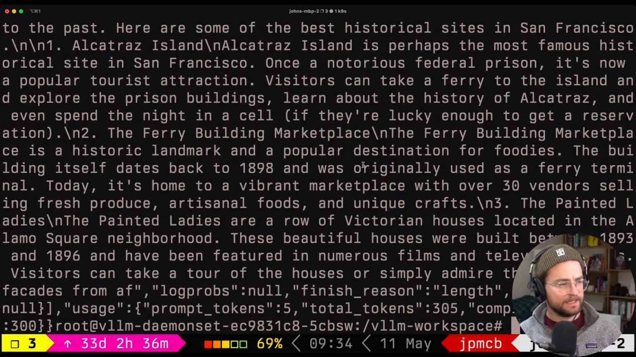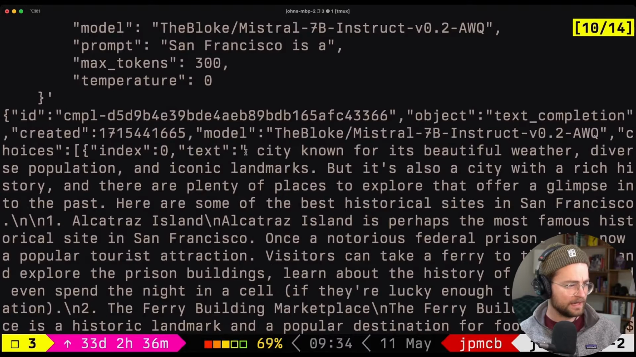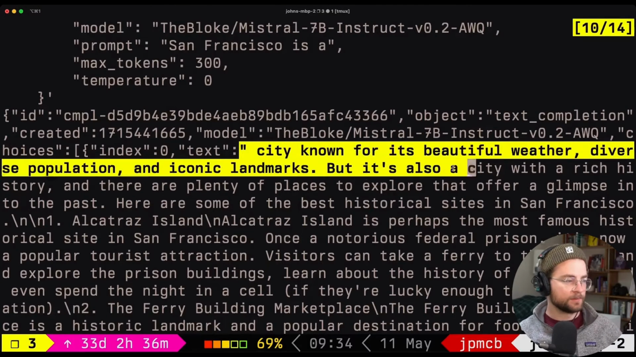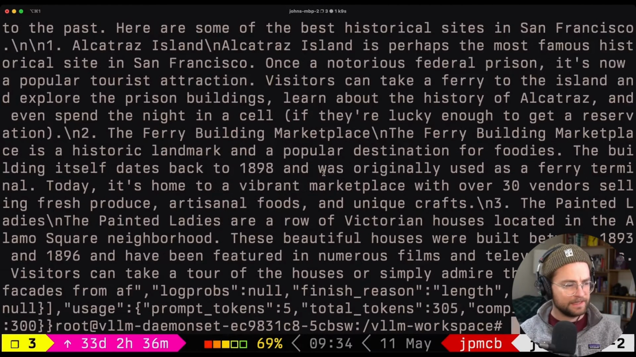So here we could see the inference for the prompt "San Francisco is," and we could see that it started with a city known for its beautiful weather, diverse population, and iconic landmarks, etc., etc. So this is actually the full returned OpenAI-like JSON that you would get from the OpenAI API. And really, this is sort of the beginning of what you can start to build a bigger service on top